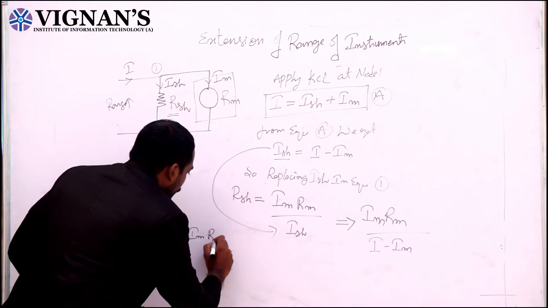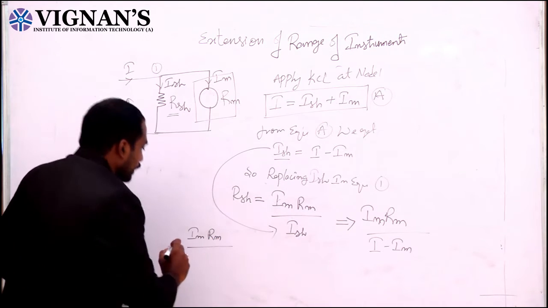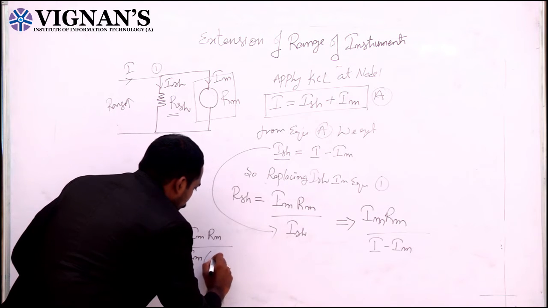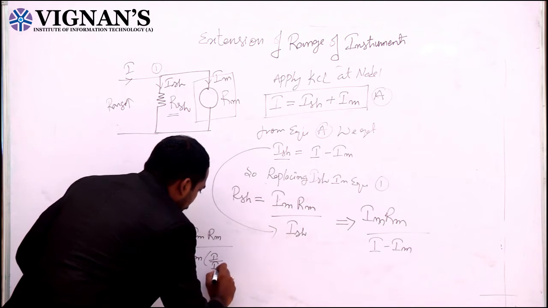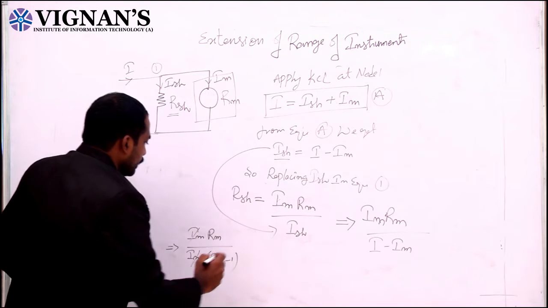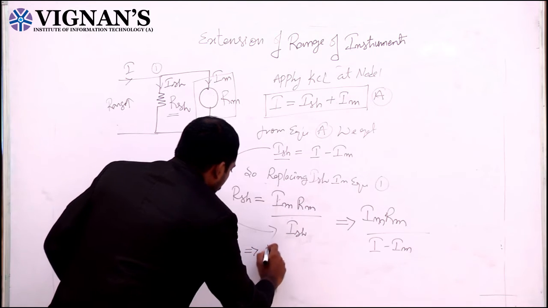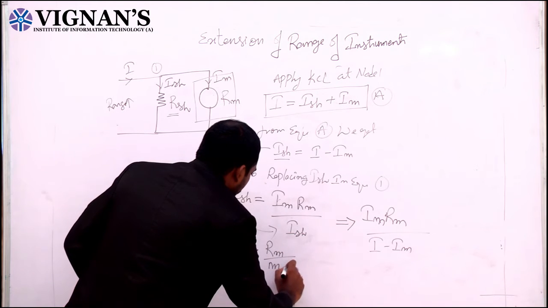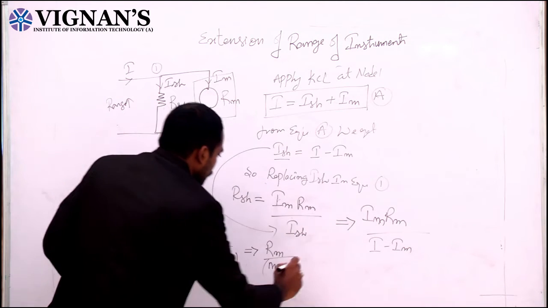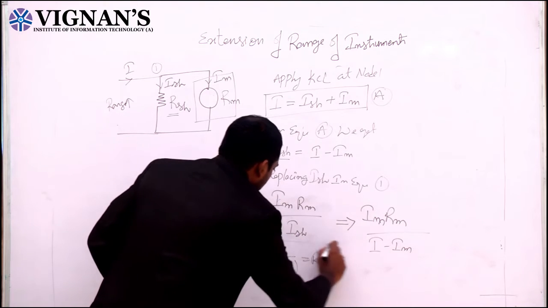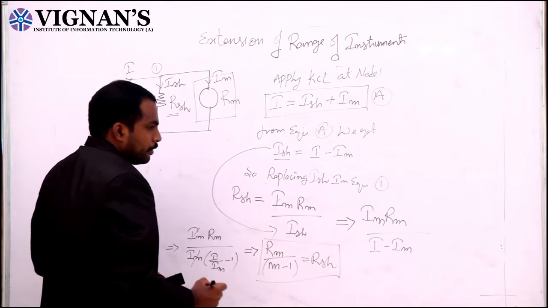IM into RM by, I will take IM as common now. So IM into I by IM minus 1. So IM gets cancelled and this is equal to RM by M minus 1, which is equal to RSH. RSH is equal to RM by M minus 1, where